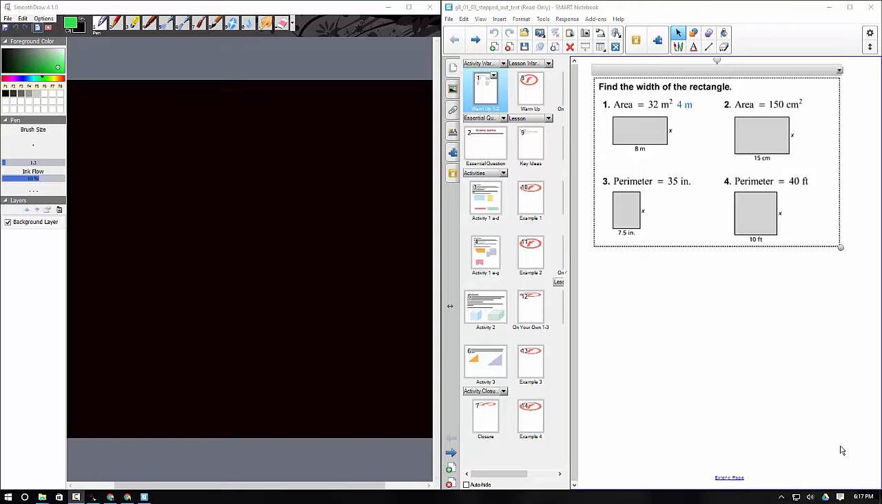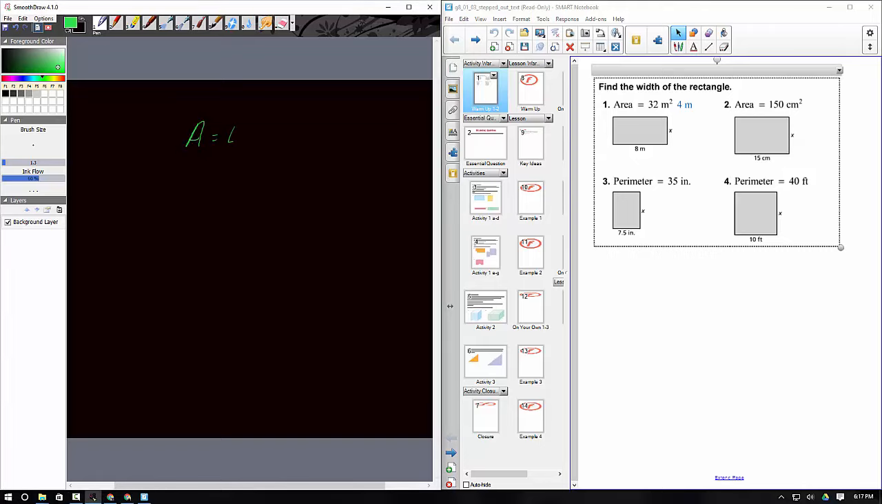All right, so this video will focus on 1.3. And if we look here, the very first thing says find the width of the rectangle. And we have a lot of areas on top and perimeters on the bottom. And we have to think about what you know. So I'm going to give you a moment to do this, but we know that area